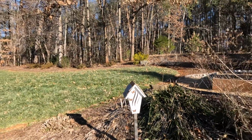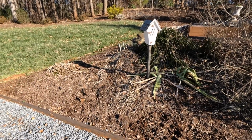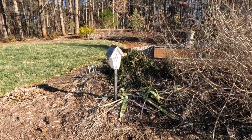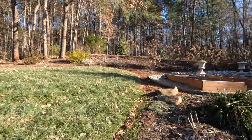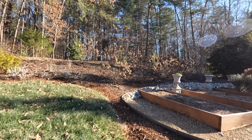Again, this bed does have tons of daylilies in it, and you can see just those brown spots there. Get it all cleaned up, make it look nice. Then we are going to head up here to Hydrangea Hill, as I have dubbed it, because we have